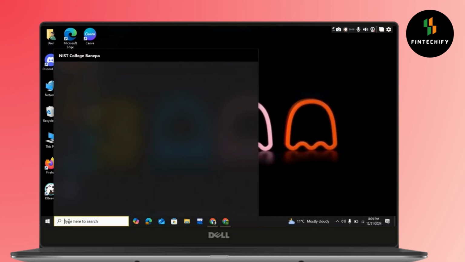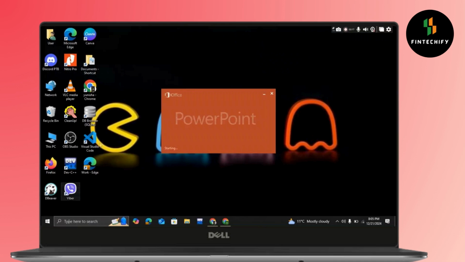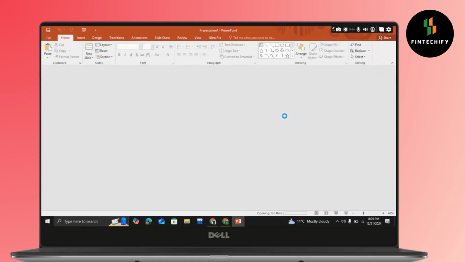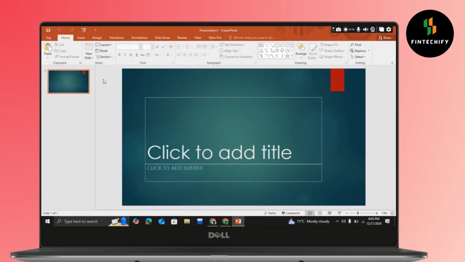So first, open your PowerPoint, and now open your PowerPoint project. After that, in order to create a new slide, and that too a blank slide, what you will have to do is